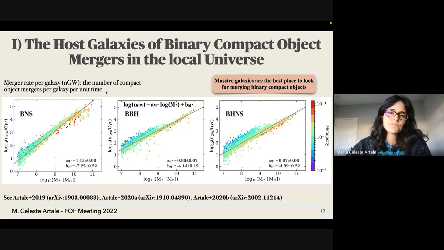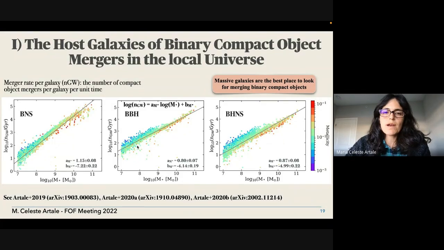And as you can see, in all the cases, the merger rate per galaxy is higher for the massive galaxies, meaning that massive galaxies are the best place to look for merging binary compact objects, basically because the merger rate per galaxy is higher. And this is very clear for black hole binaries and black hole neutron star systems: at fixed stellar mass, there is also a nice trend in metallicity, where metal poor galaxies have a much higher merger rate per galaxy